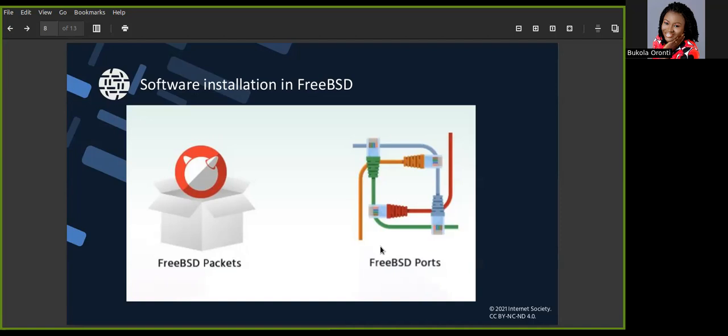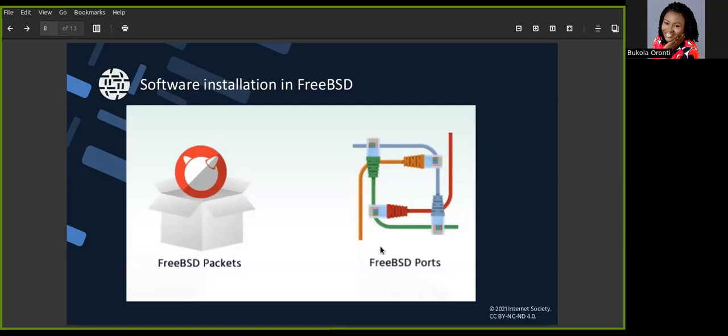So you can also install a particular application using the FreeBSD packages. The command is also PKG. For example, if I want to install maybe Zoom on FreeBSD, all I need to use from the command shell, the CLI, is pkg install zoom.